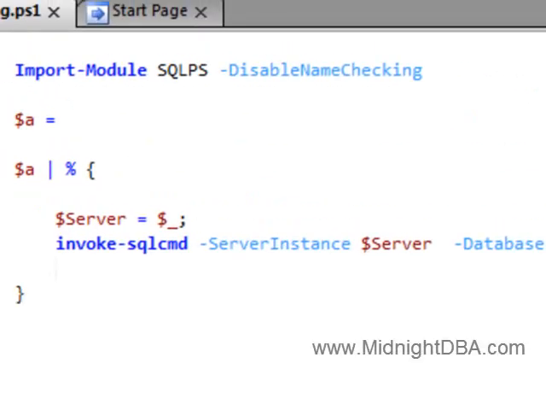There we go. Now I know which file I'm going to use. The only thing I haven't figured out yet is how I'm going to get my server list. Personally, in my shop, I keep all my servers in a big table, and I just run a query that pulls back the list of servers. It's a little bit more involved than that, but for the most part, if you wanted to pull these in,